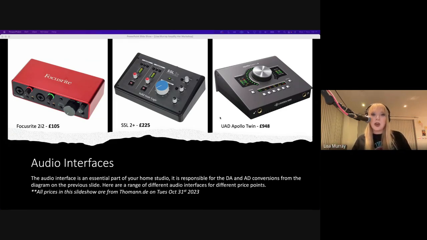And then the UAD Apollo Twin or anything by Universal Audio is going to be on the higher end of the spectrum, but it comes with some added perks like talkback. In your studio, you press the button and you can have talkback. It's got some high impedance inputs on the front. It's got a whole console software where you can add plugin emulations on the way in, as if you're recording through hardware gear. There's all these little added bonuses, but honestly, unless you are doing really serious tracking or are really getting into audio production, it's not necessary to go up this far on the spectrum. These will be just fine.